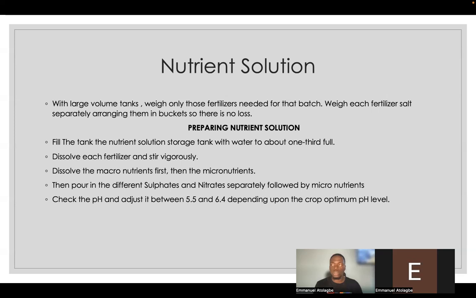Check the pH and adjust. Your plants do well in a pH range of 5.5 and sometimes 5.8. You can extend it to 6.0, and as far as 6.7 is still within range. With this range, you are not at risk of having deficiency and toxicity. So moving on from there,